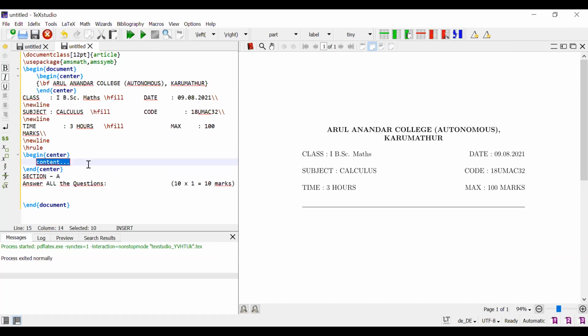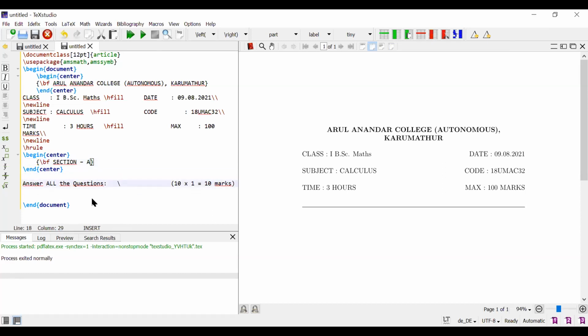I write Section A, and I want Section A as bold. Next, I want the answer-all-questions line on the RHS as well as this on the LHS. Okay, just fix.